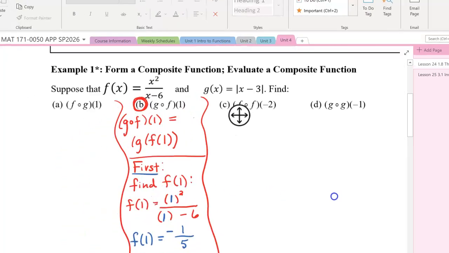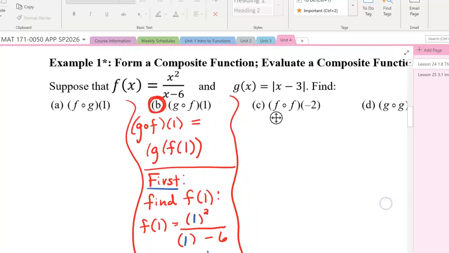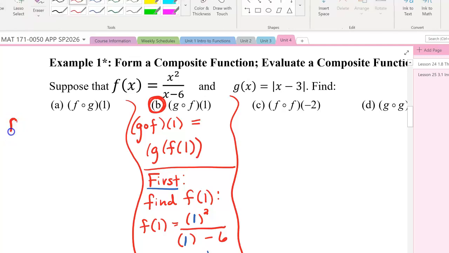Example 1, Part A. We are going to compose f and g and find the value at 1. So f composed with g of 1 would equal f of g of 1. So I'm going to start with g of 1, find the value of that, and then plug that into f. So g of 1